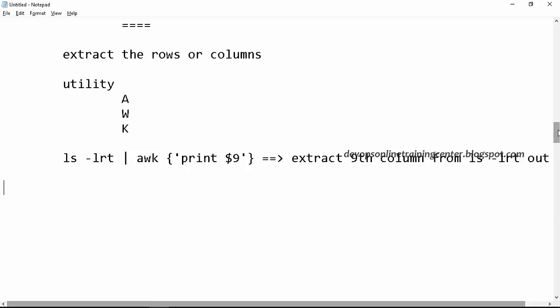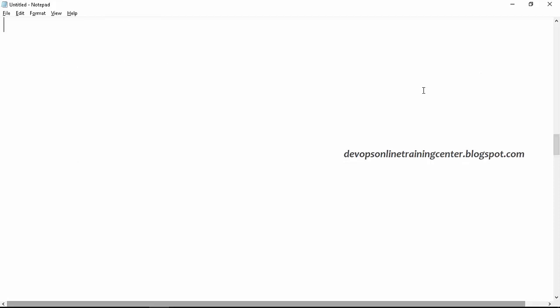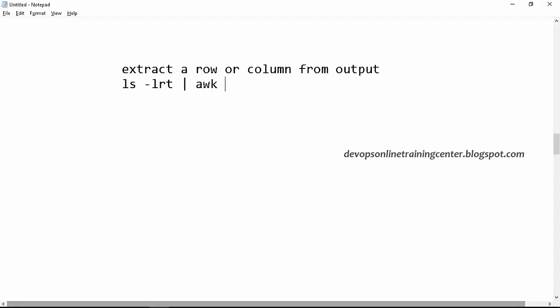So AWK is a utility to extract a particular row or column from output. This output can be from a command, and we can use AWK here, or this output can be from a file, and we can use AWK here. So it may be any output.